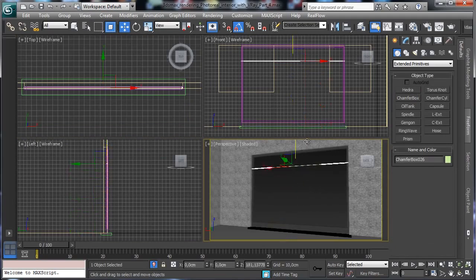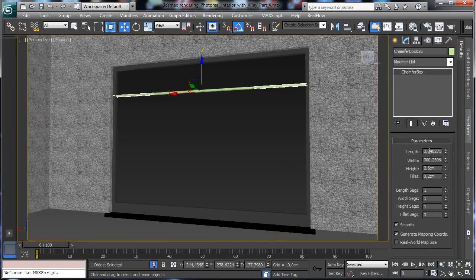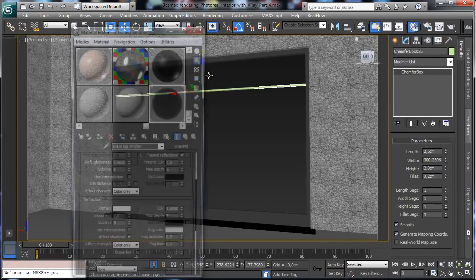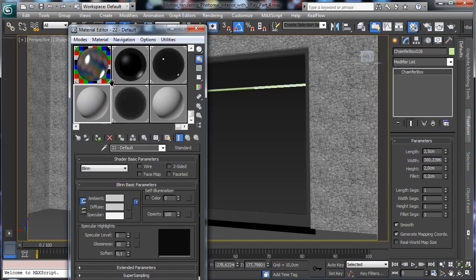So let's move the first one there, and we say that the fillet is 0.2, the height is maybe 2 centimeters and a half, and at full screen maybe it's a little bit too high there. Let's say 2 centimeters and a half, or on this axis 2, and there let's say 2 centimeters. So we can give the same material,